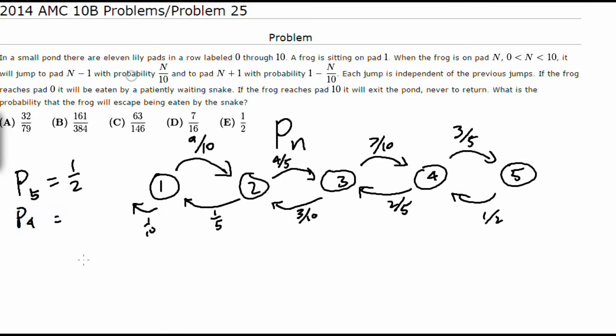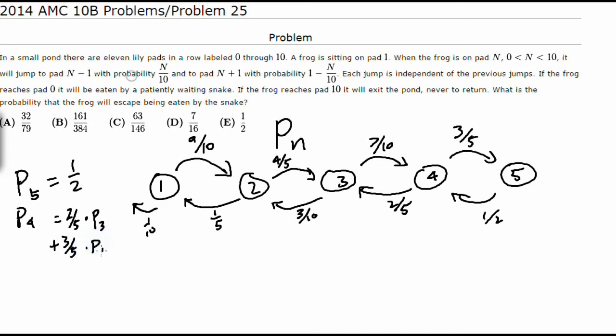Well, the chance of it going back to 3 is 2/5. But then from 3 to get to lily pad number 10, that would just be times P3. Now we consider the probability that 4 moves forward on a chance of 3/5